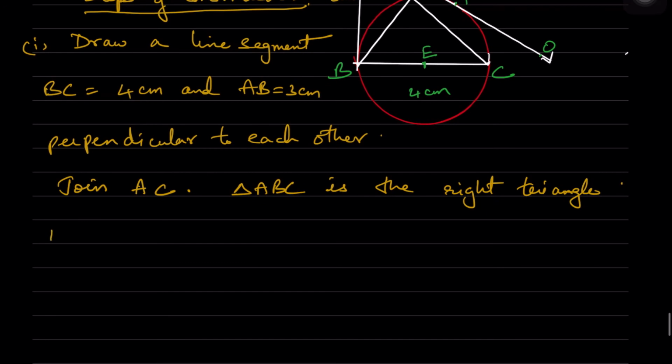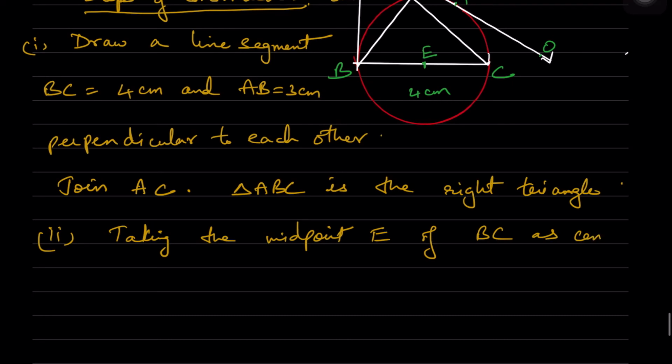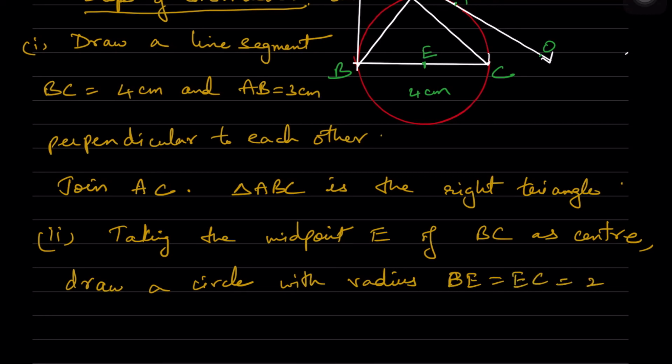Then in the second step, taking the midpoint E of BC as center, draw a circle with radius EB equal to EC equal to 2 centimeters,